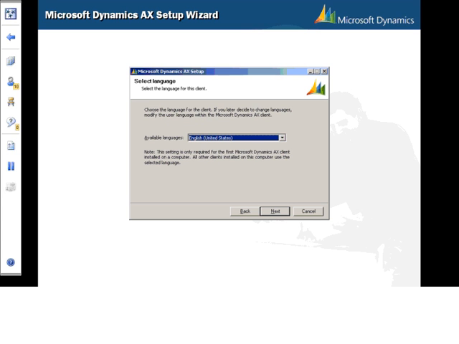The Select Language page will appear, and all languages are automatically supported in the AOS. The only language decision to make during installation is for the default client language. And after that, we just click Next,